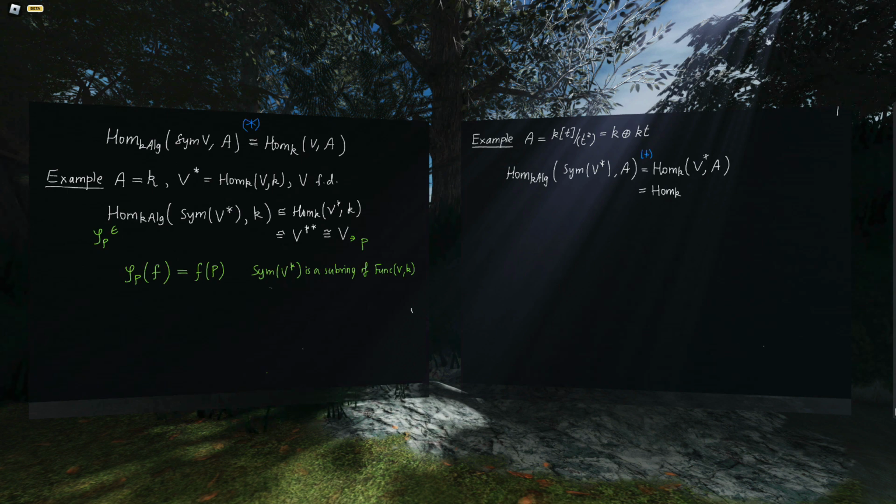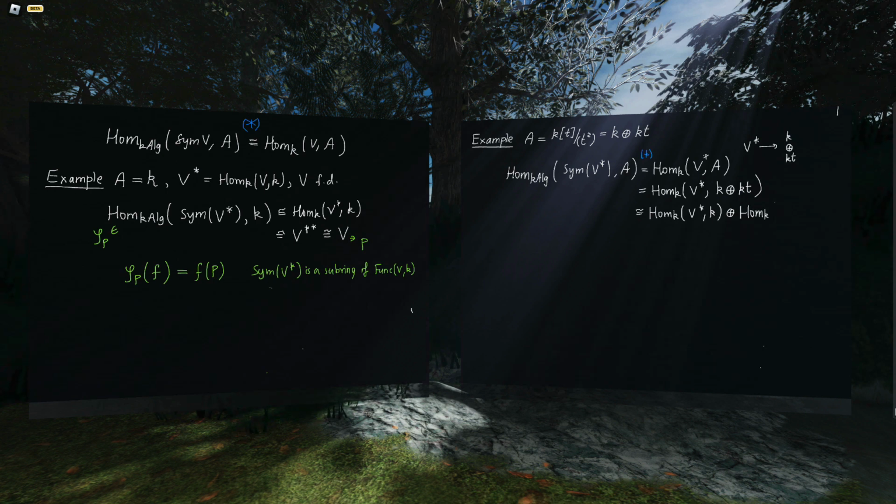That means I'm taking K-linear maps from V star to K direct sum Kt. Now if I take K-linear maps from some vector space to a direct sum of two things, that's kind of like a matrix with two rows, right? A linear transformation to K plus Kt is just two linear transformations, one to K and one to Kt. Just take the two rows of the matrix separately. So that's the same thing as giving a K-linear transformation from V star to K